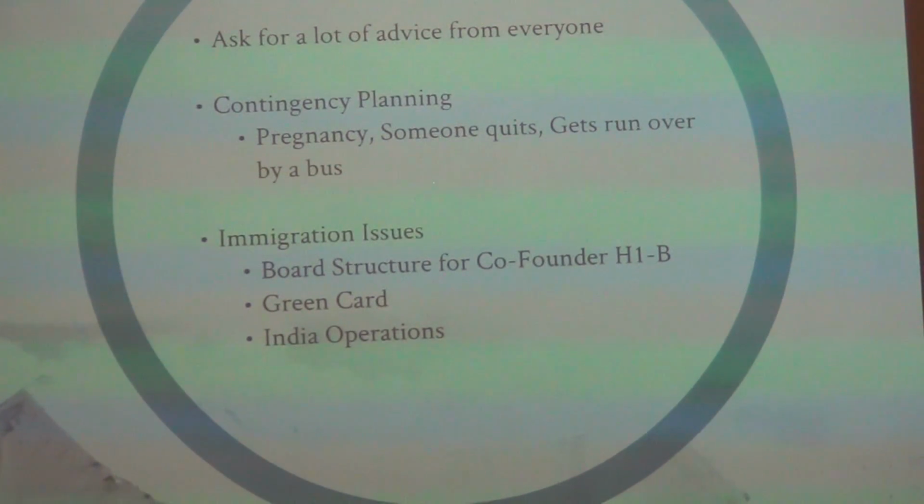I have more things to talk about, such as what a board structure should be for H-1B if the co-founder needs an H-1B. It's not very easy, and I've got some experience there. I've also got something to talk about on the green card. I don't know if you care for it, but getting a green card when you're an entrepreneur is extremely difficult. India operations is